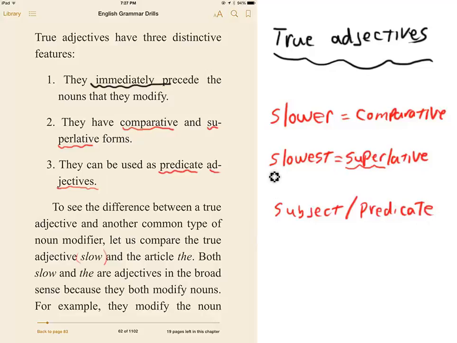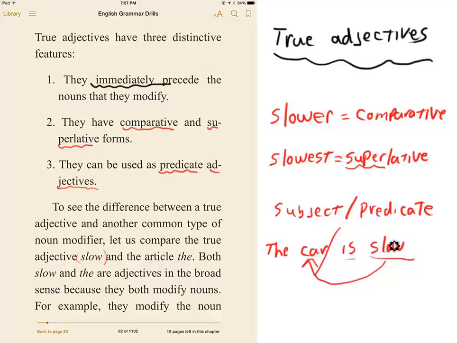So I'll make a very short sentence. The car is slow. Okay, well, the subject would be the car. The predicate, which is the start of the verb, is, and then of course slow. So because we can use this adjective to describe car after the linking verb is, we can use it at the end of the sentence because it describes the word car. We say that's the predicate adjective.